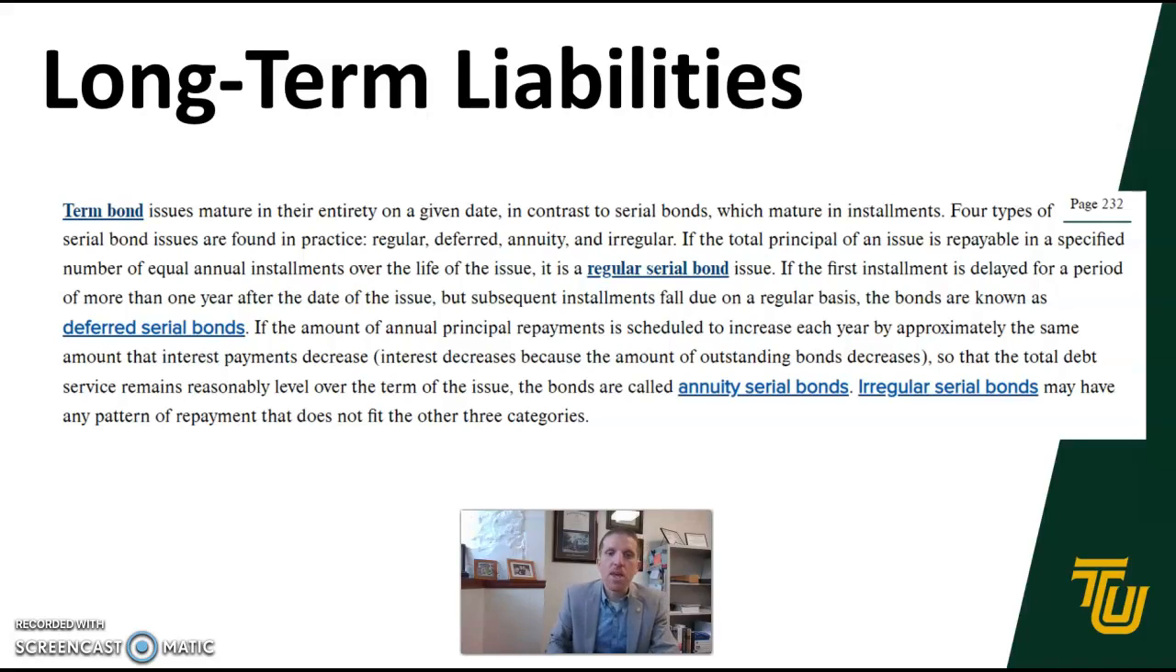And so if we keep that more at a constant, that's where we see that annuity serial bond come into play. It's kind of like that constant. All that's saying is that the repayment is scheduled to increase by approximately the same amount that the interest payments decrease. So even though the interest is going down, we're keeping the payment steady, and that's going to create continuity between those years, and so we have that annuity